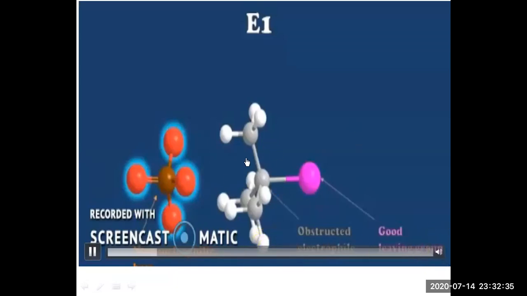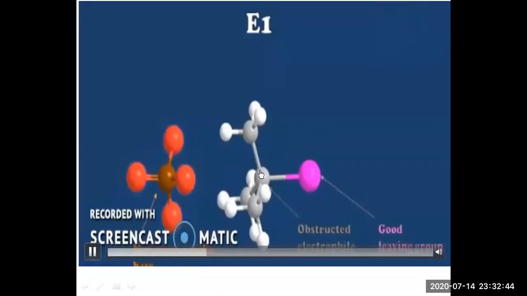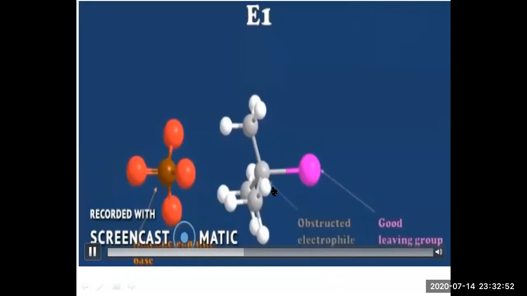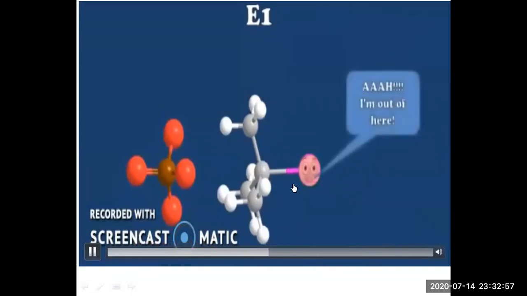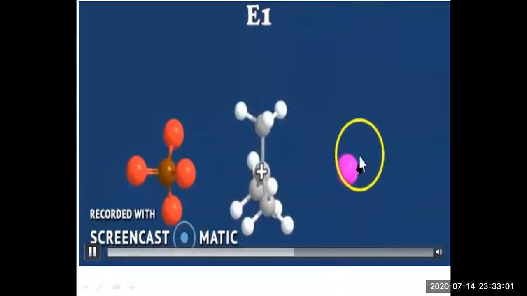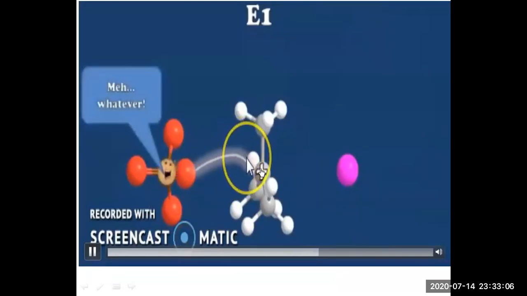This is my substrate. This pink ball indicates a leaving group. And this is my alpha carbon atom. This carbon is attached to 1, 2 and 3 groups. These are beta carbon atoms, and this is my alpha carbon atom. Now what happens in the first step? The leaving group will depart from the substrate. So your leaving group is going, and a positive charge is formed on the alpha position. Now this carbocation